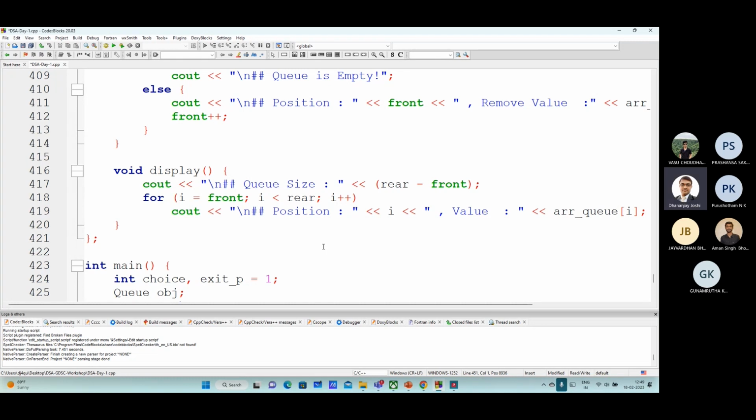So generally when we discuss about the implementation of queue, और जो कोड हम वेब पे देखते हैं, तो वहां पे क्या करते हैं, जब भी हम क्यू से एलिमेंट डिलीट करते हैं तो जो इनिशियल सेल एम्प्टी होता है, एम्प्टी तो नहीं होता है क्योंकि वैल्यू नहीं होती है, लेकिन लॉजिकली वो एम्प्टी होता है क्योंकि फ्रंट आगे बढ़ जाता है। जो कोड हमने देखा है जब हम वेब पे देखते हैं,